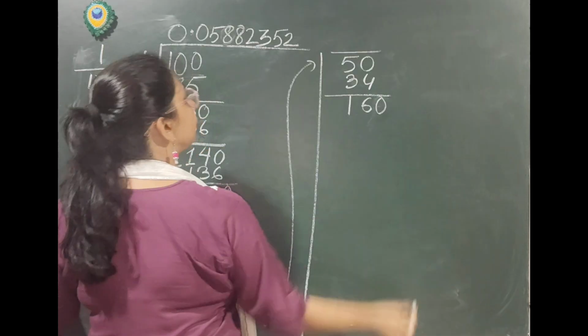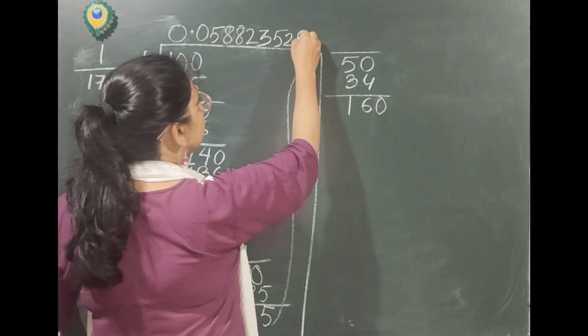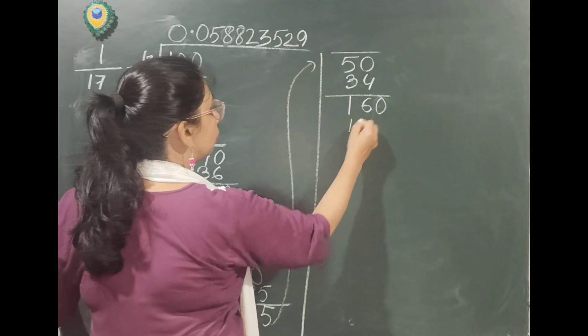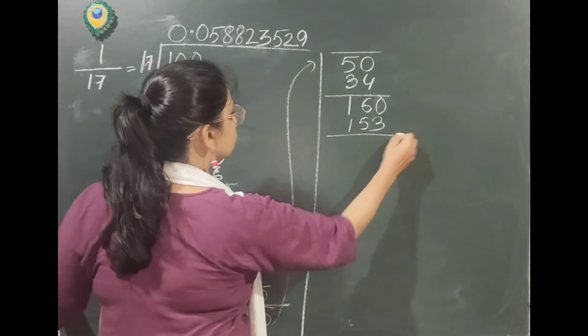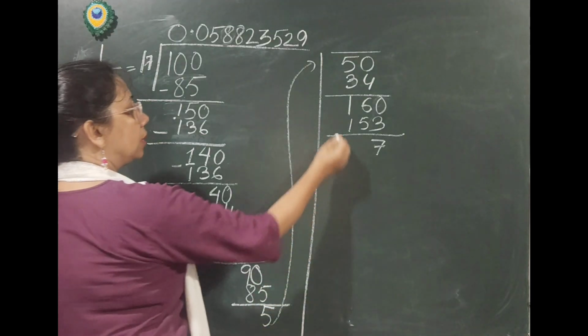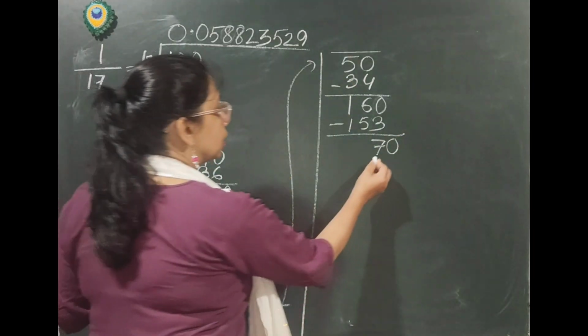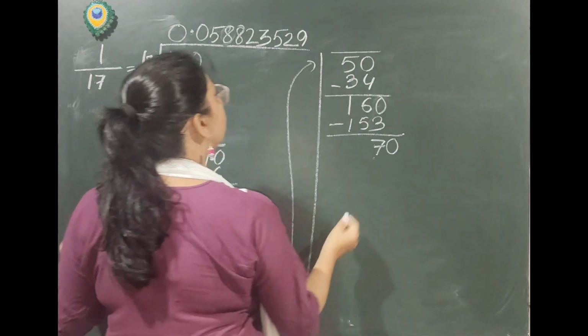Let us take a 0. Then 17 9s are 153. So from here we get 7 as remainder. Then let us take one more 0. So 70 we get. Now